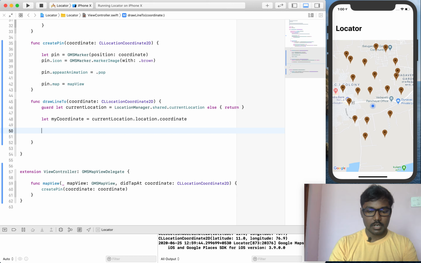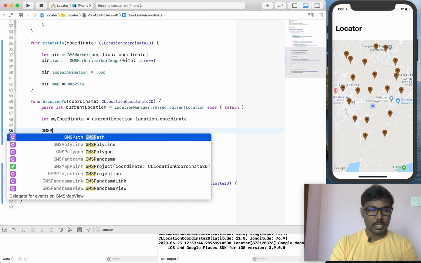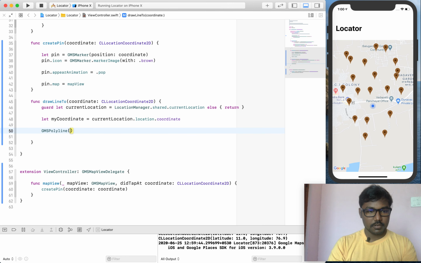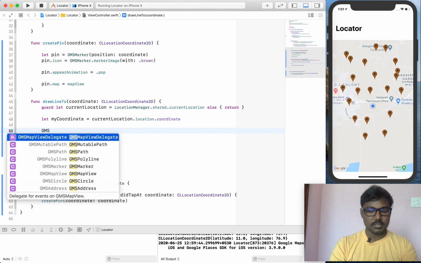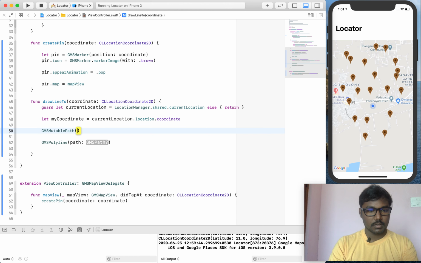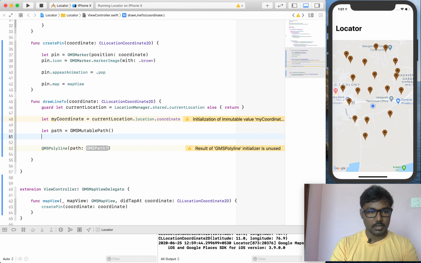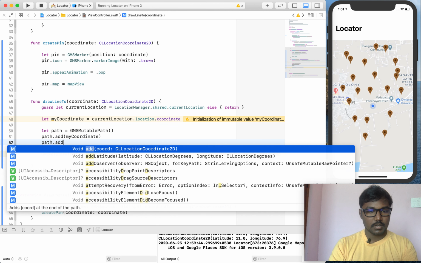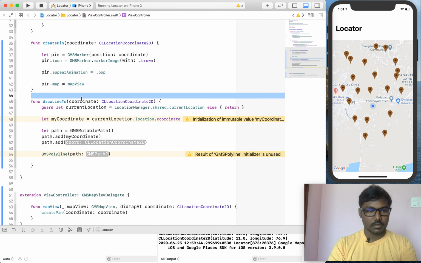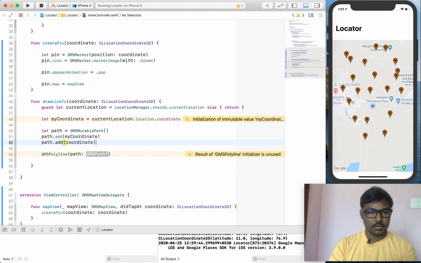and now I am going to create a GMSPolyline. Here we need some path, so we create it as a GMSMutablePath. Likewise, I am setting that path, and path.add coordinate as my coordinate, and another one is path.add coordinate of my dropped pin coordinate.